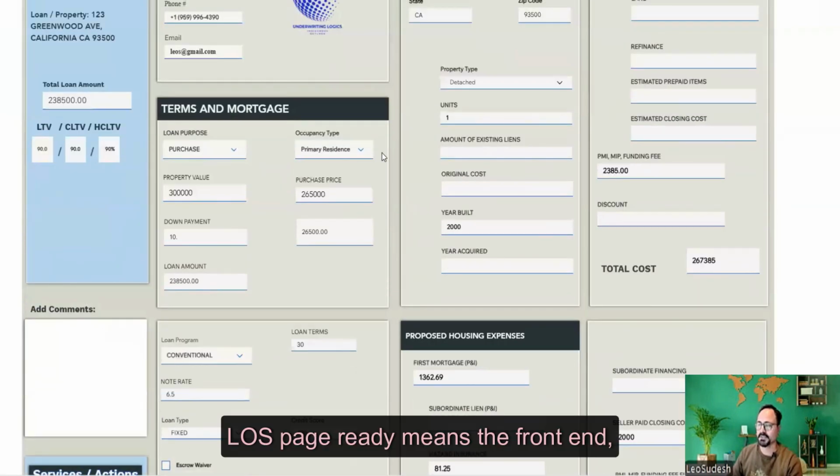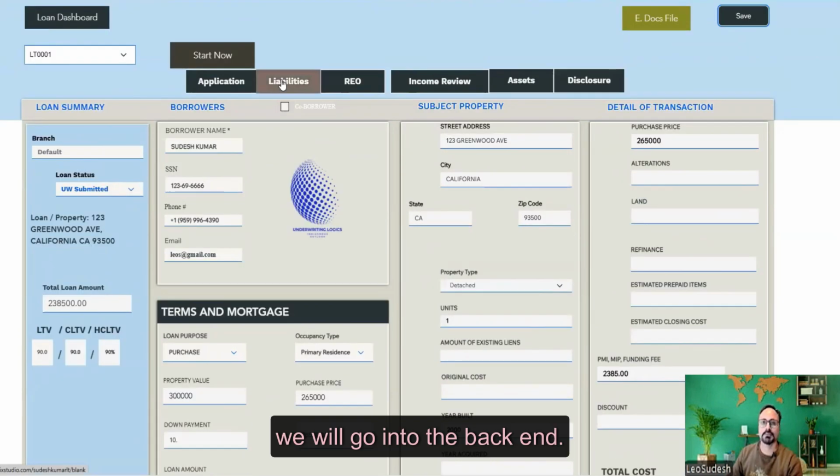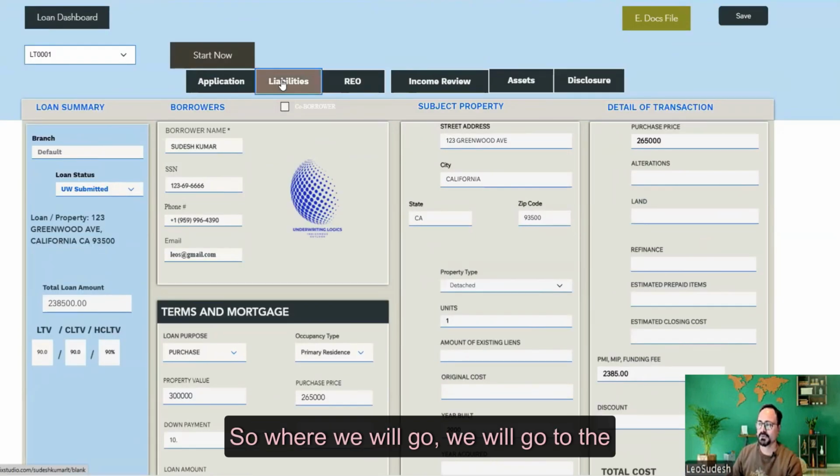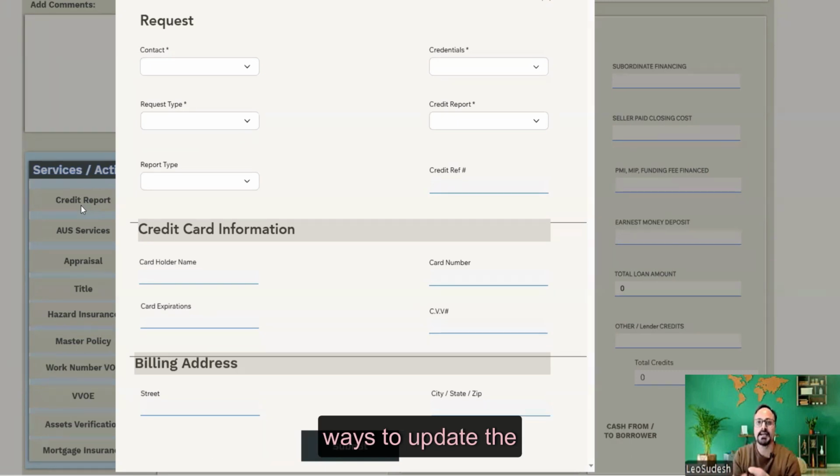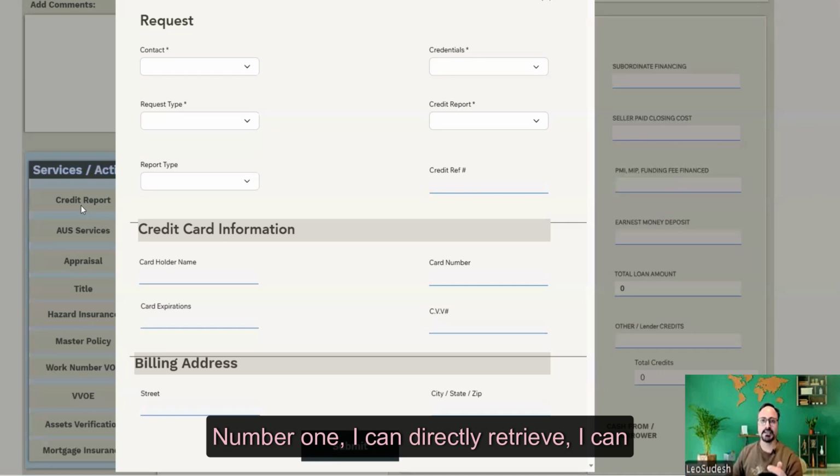Next, the LOS page is ready, meaning the front end. Now we will go into the back end. So where will we go? We will go to the liabilities. What I am trying to tell you is there are two ways to update all the liabilities in the system. Number one, I can directly